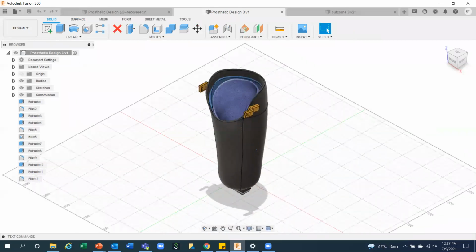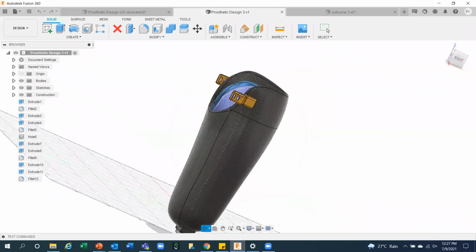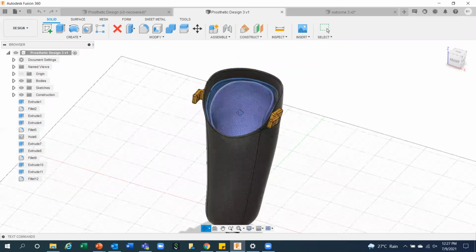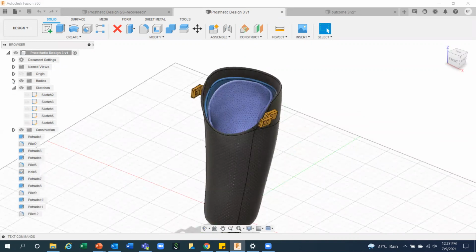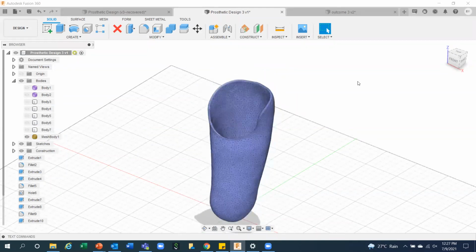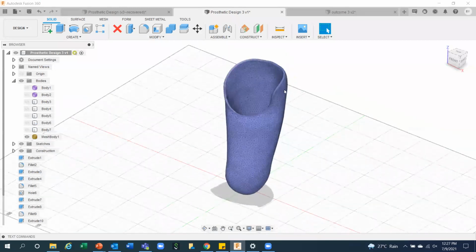Can you see that? This is the outer cover. Then there is an attachment at the bottom. Two hooks are already available just to tighten the ribbon part. And the inner shell. Let me show you each and every detail, then it will be easy for you. This is the meshed body. This is actually the scanned object which I have taken as a reference. This is the scan of a patient's leg, the overall shape.